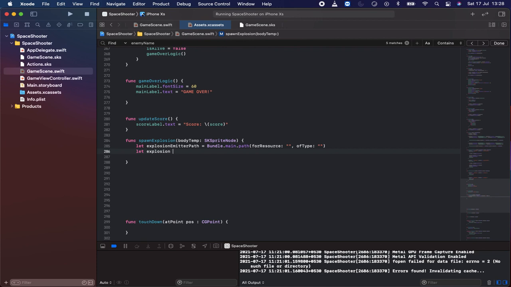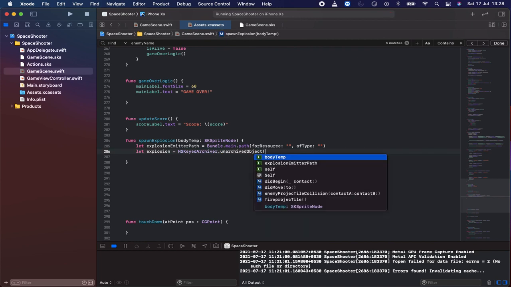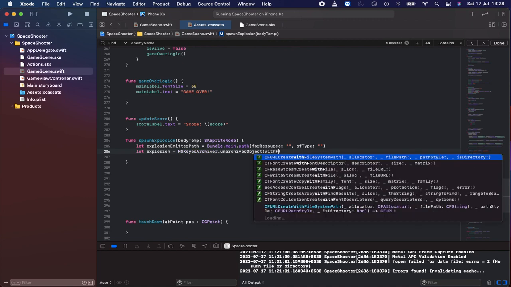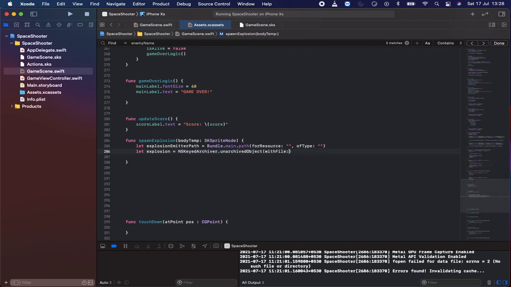And then explosion will be equal to NSKeyedArchiver dot unarchive object with file, this is of the explosion emitter path, and as a string